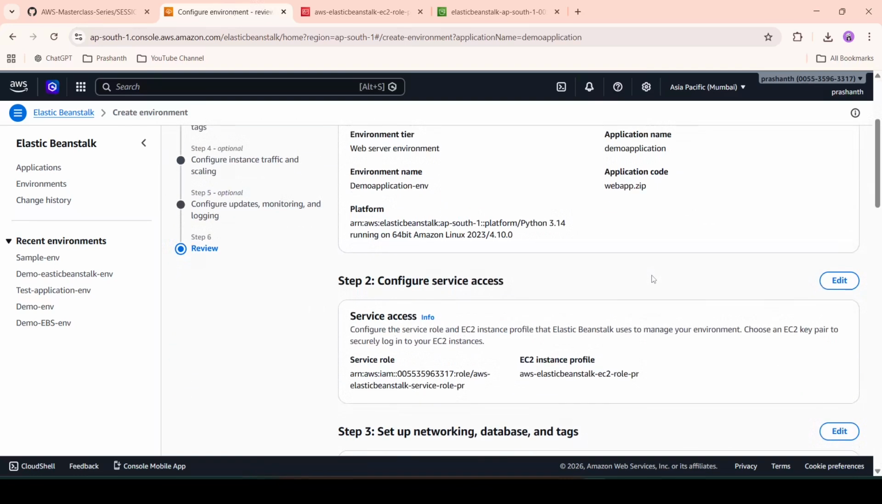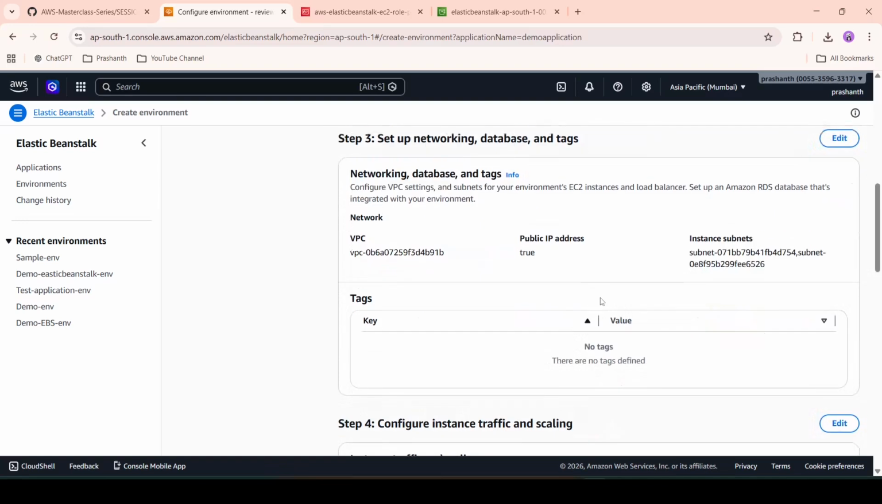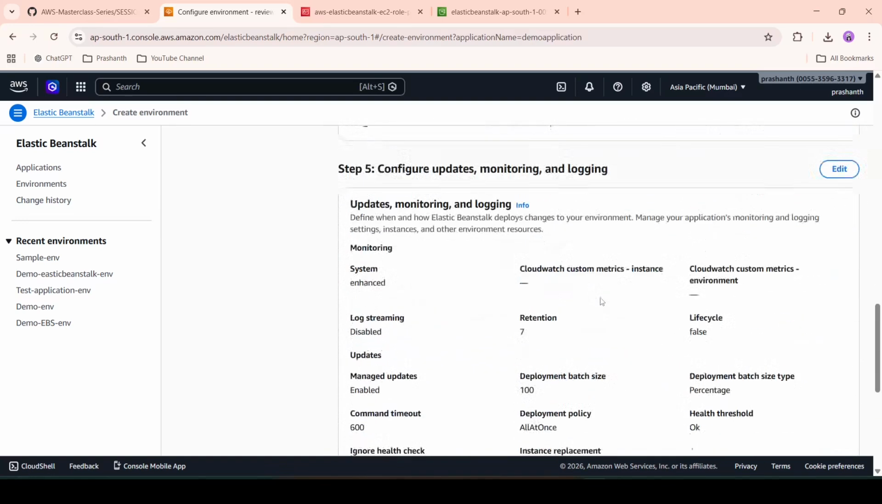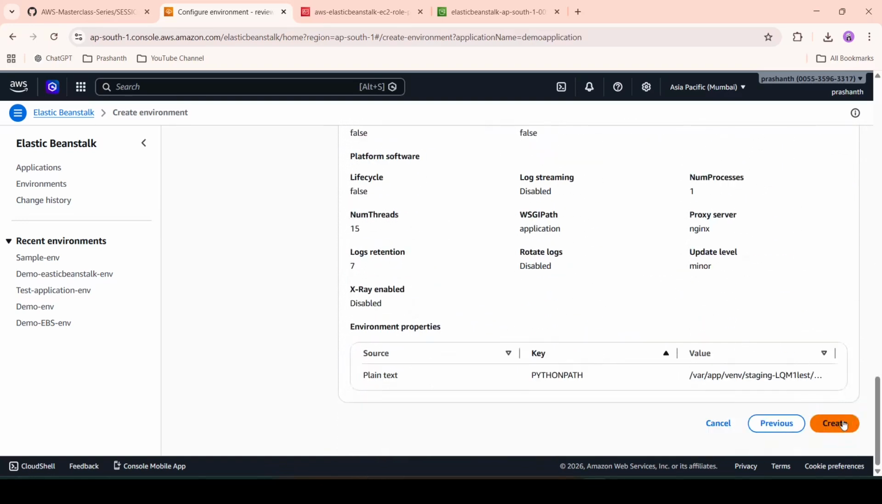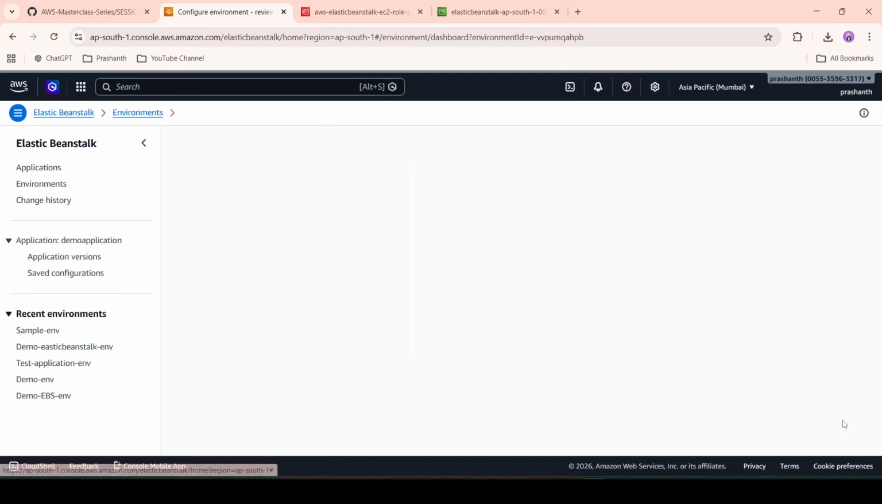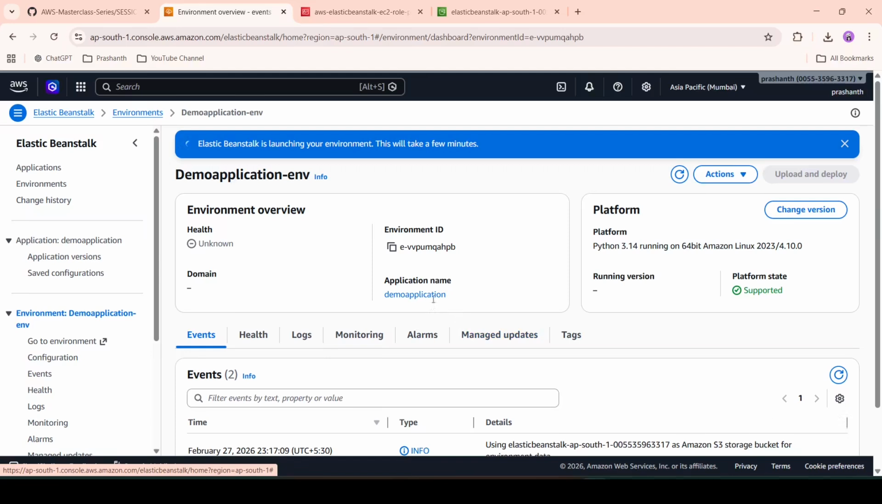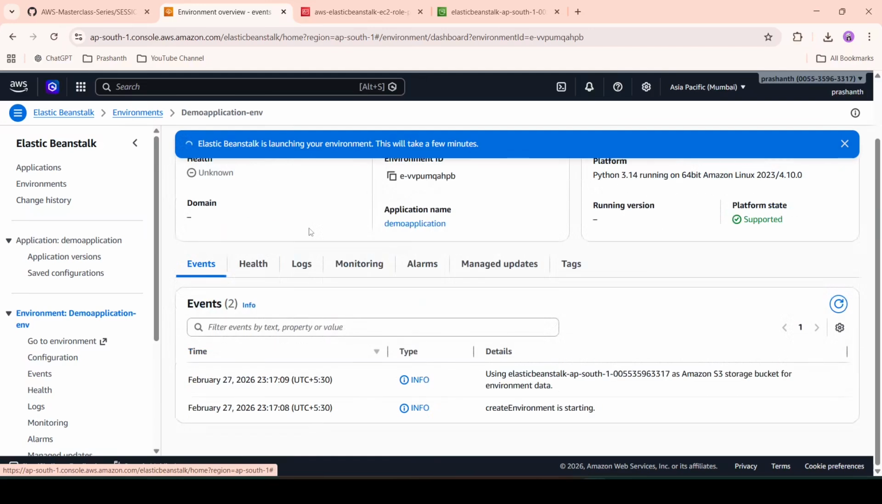Verify again here, it will show you details. Okay, click on create and see. Now if you see here, the demo application environment is being created, and you can verify the details which it is creating in the events. If you see, environment is started